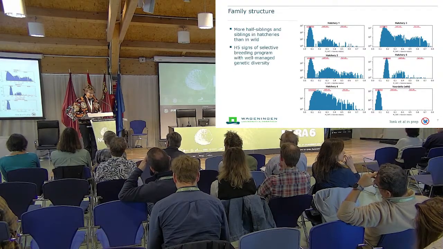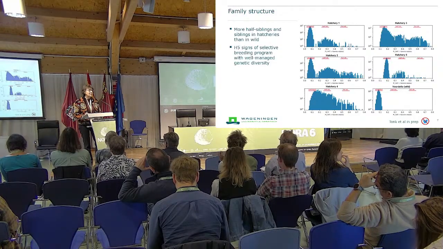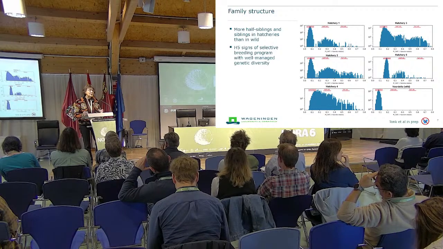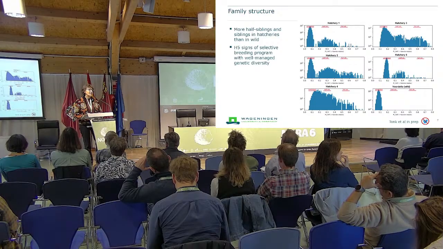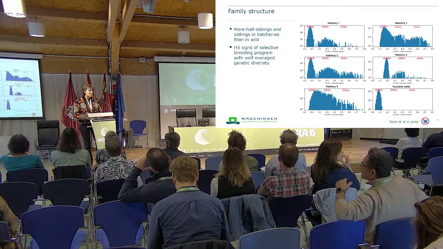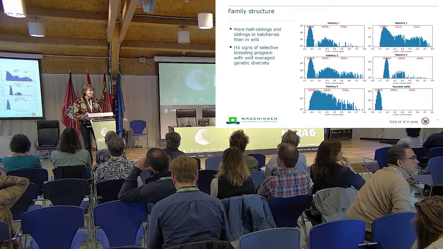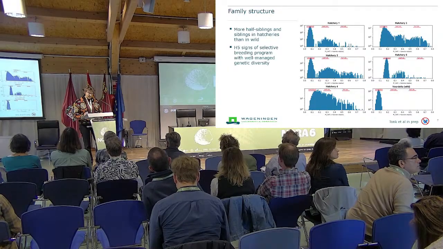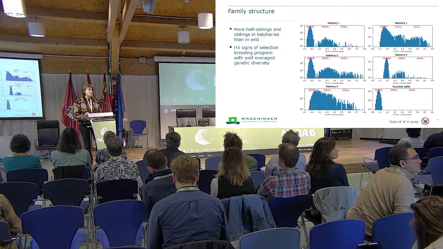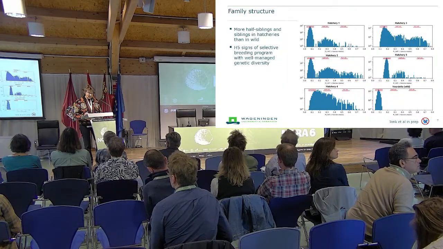So the results you see on the left-hand side of the graphs are the number of unrelated individuals. Then in the middle you have the half-siblings, and the full siblings on the right. And the graph on the bottom right is a natural population, so all of the individuals are unrelated, and the other five are the hatchery populations. And then I would like to point your attention to hatchery number 5, which has a lot of